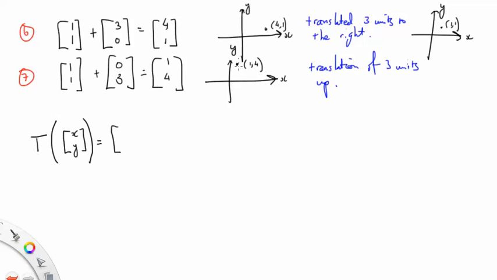So this is the image of the transformation, x prime, y prime, or x dash, y dash. So it's saying do some transformation on the point, you get some new point. And it's defined by